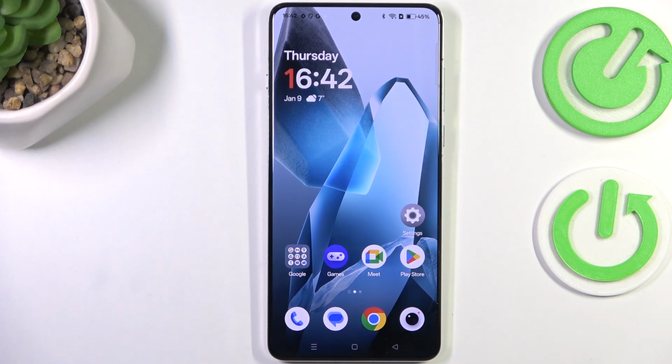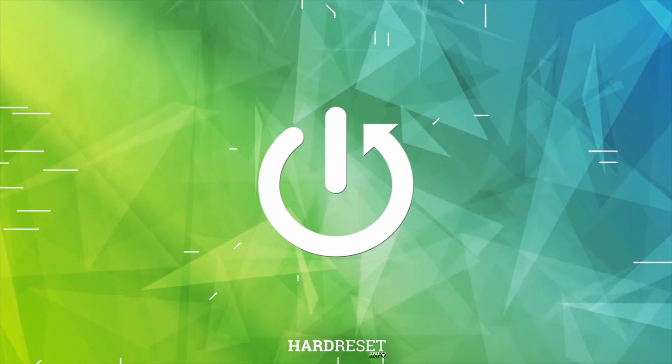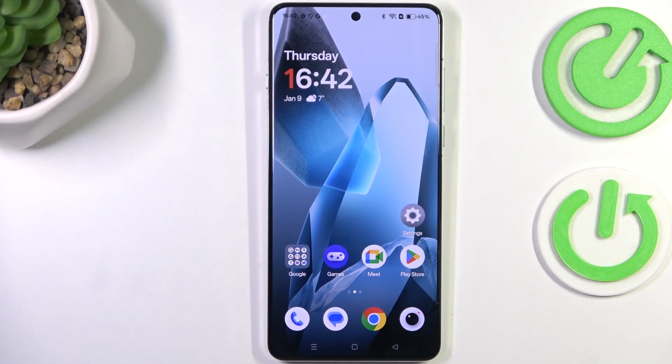Hi everyone, in front of me I've got OnePlus 13 and let me share with you how to clear the browser on this device. So let's start with opening the browser. In my case it would be Google Chrome, but no worries, this operation is pretty similar in all other browsers